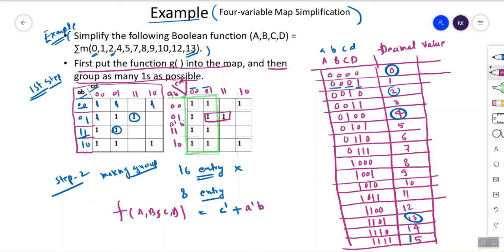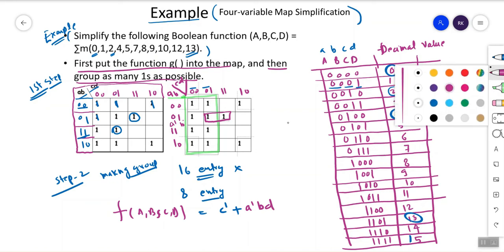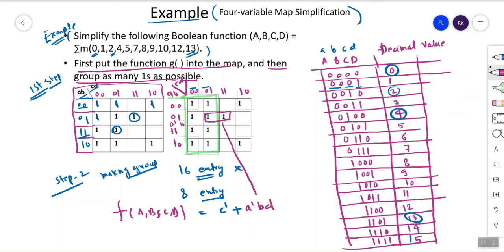And if you see here the variable, 0 1 is changing, which is C, so C is changing, and D, here is 1 corresponding to D, so we can write D. Okay, so this is the entry.